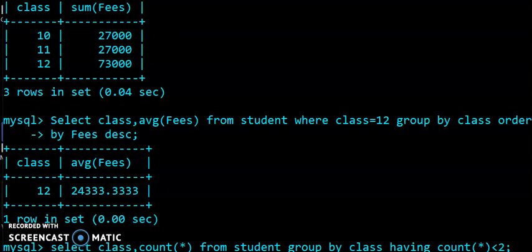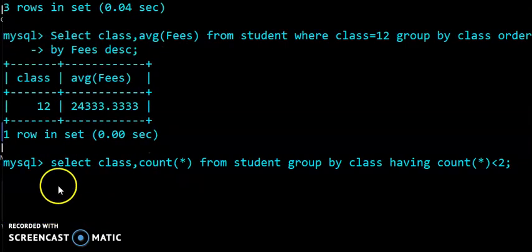Then students, you can check the command, select class, count star from student group by clause having count star is less than 2. So according to this command, we want to display the output of only the class and the number of students belonging to each class category from the student table, and having means there is a condition that the count star column contains a value less than 2 only.